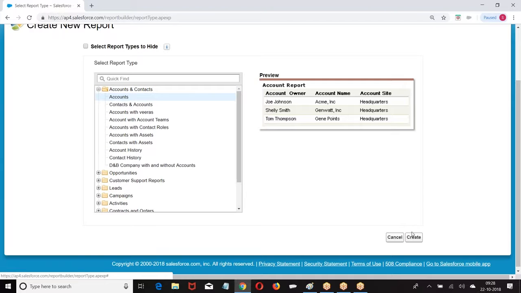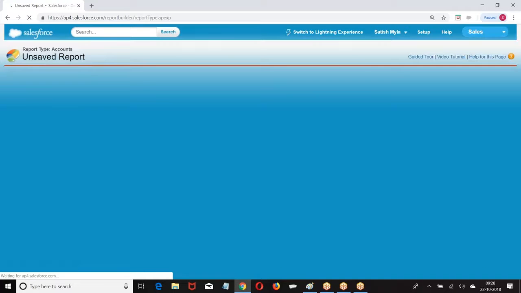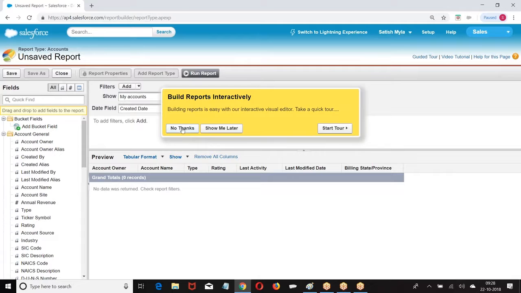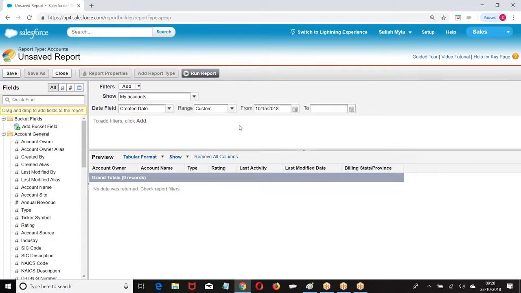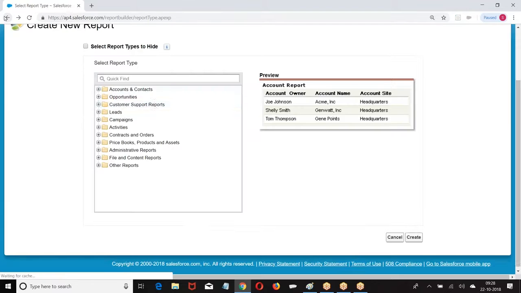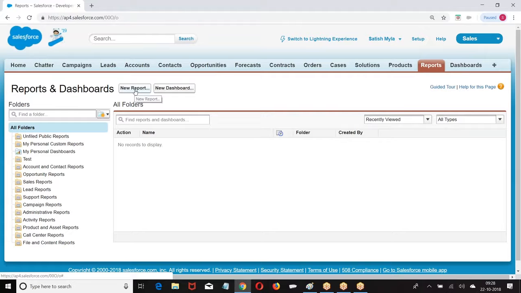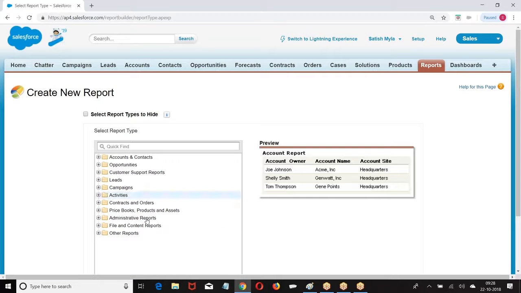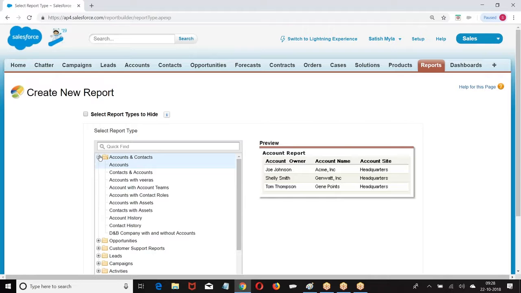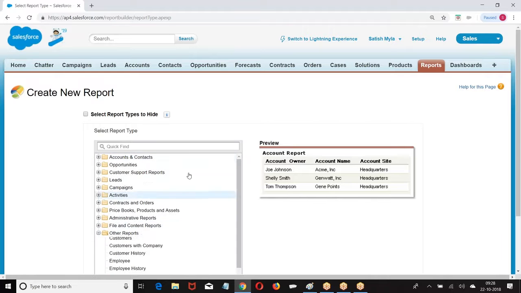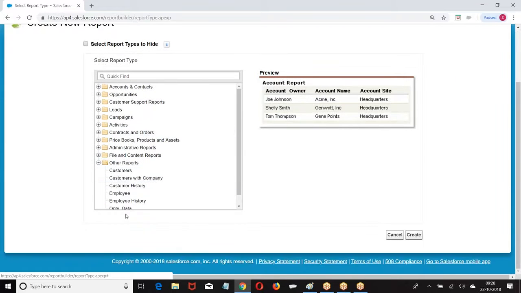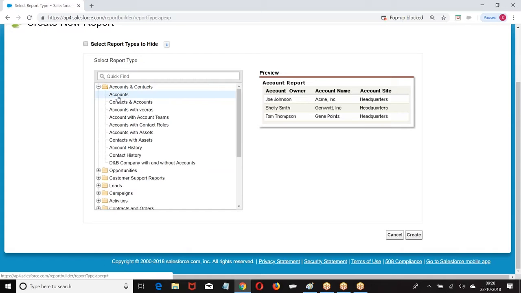Account. Create. Then we are able to see this. Once again, look at the point. The moment I click on the report, what are you getting here? Report, new report. These are standard report types and custom report types. Standard report types which are created, custom report types which we created. Now choose the report type.